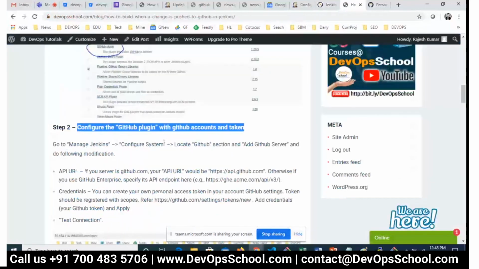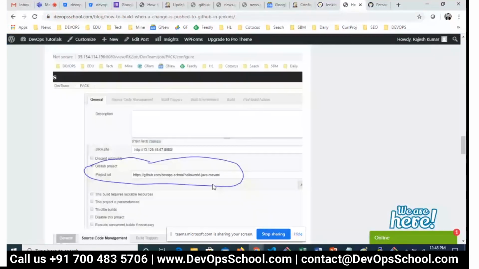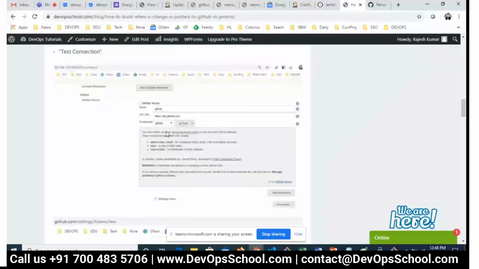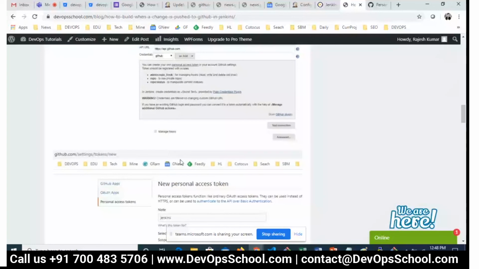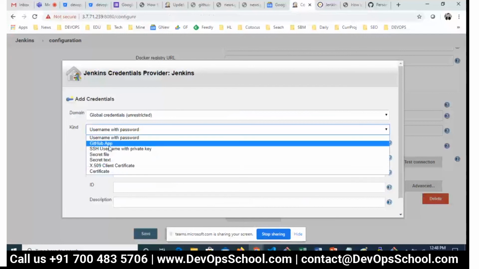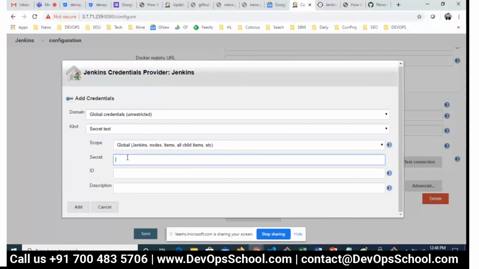And here you see, I generated here credential GitHub. So, okay, let me try once. Basically that token option, I cannot locate it. So I will do one thing. I'll go for the secret text, and secret text is this one. I will give the ID GitHub, and description also I'll give it GitHub. ID is important, add it.